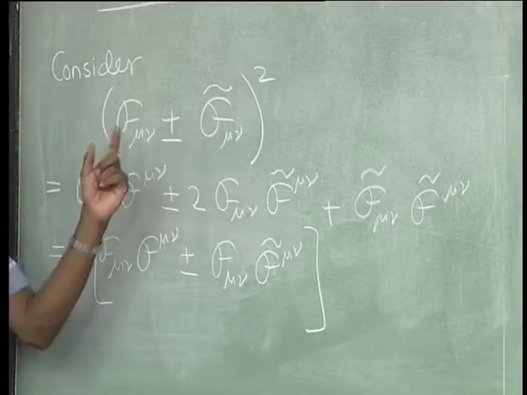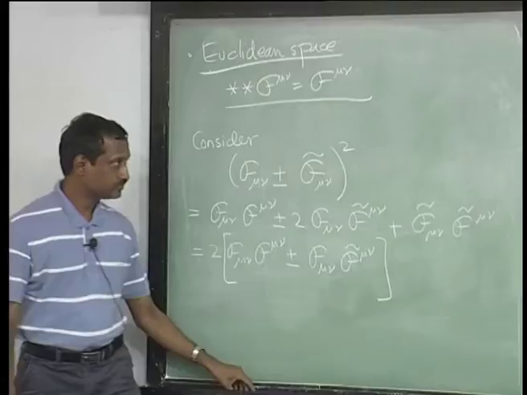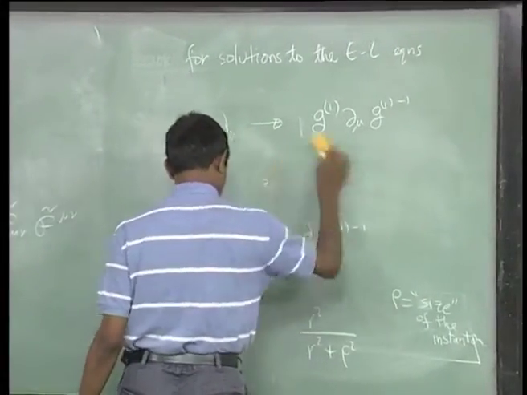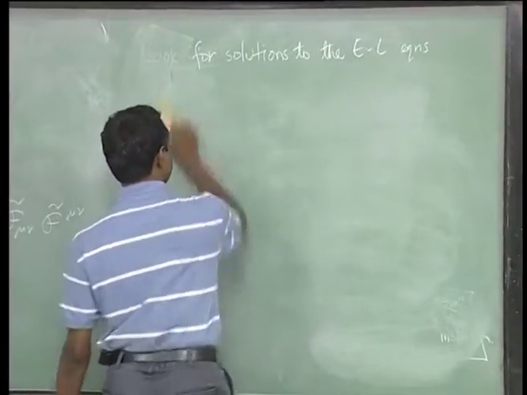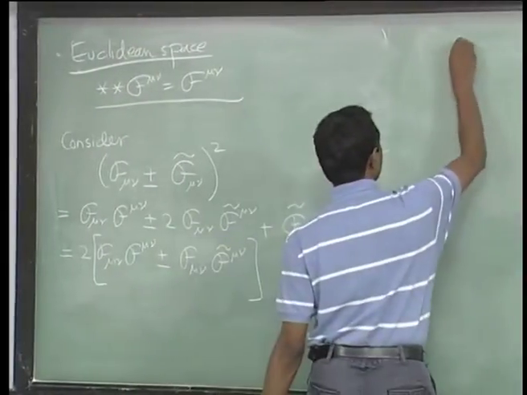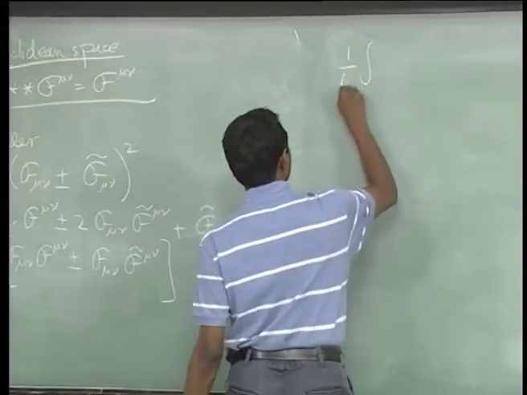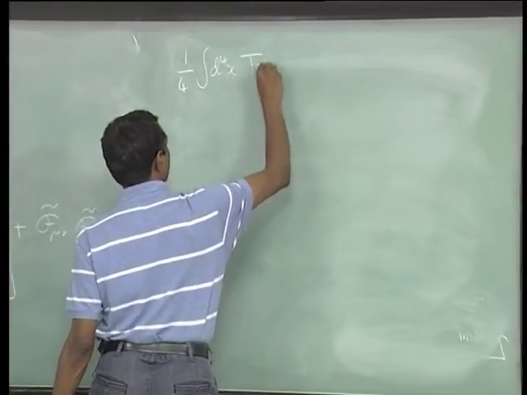But this object is positive definite. So what we can see is that the integral of 1/4 d4x trace of